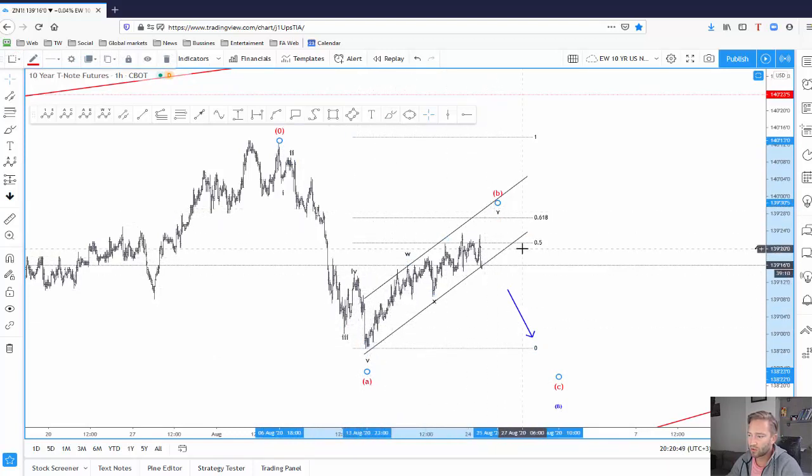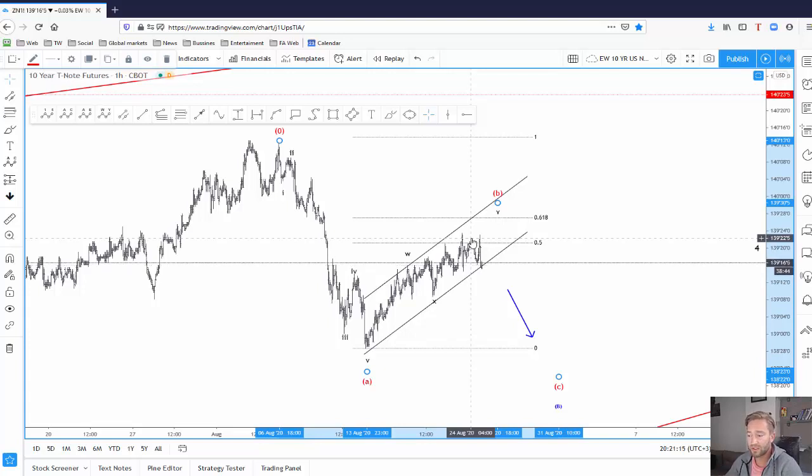And so far we have retraced 50 to 60, almost 61.8% of the previous drop. So this is the perfect resistance area where you would expect a new turn to the downside, meaning you would be looking for a drop beneath August 13 levels. So if this approach is correct, then we know that if the 10-year US notes prices come to the downside, at the same time obviously yields would rise, and this could be actually very nice positive sentiment for the